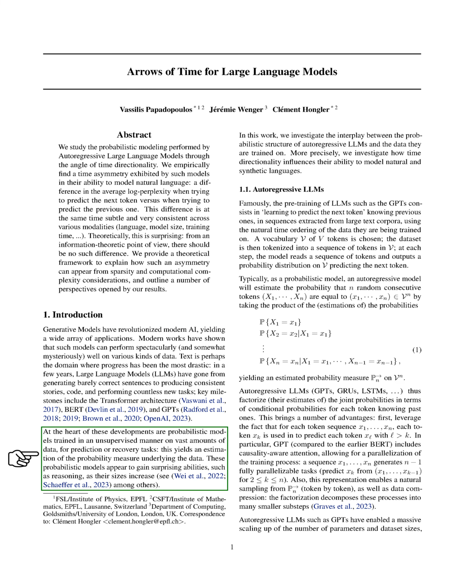At the core of these advancements are probabilistic models that are trained on huge datasets without specific guidance, aiming to predict or fill in missing parts of the data. This training approach helps estimate the underlying probability of the data, and as these models grow in size, they start to exhibit remarkable capabilities, such as reasoning. In our study, we're exploring how the probabilistic nature of autoregressive LLMs interacts with the data they're trained on. Specifically, we're interested in how the direction of time affects their ability to model both natural and synthetic languages.